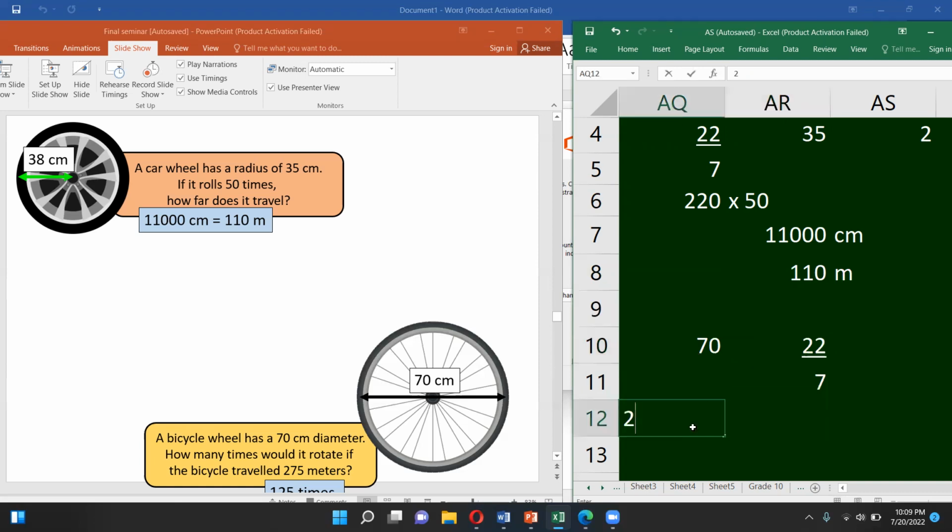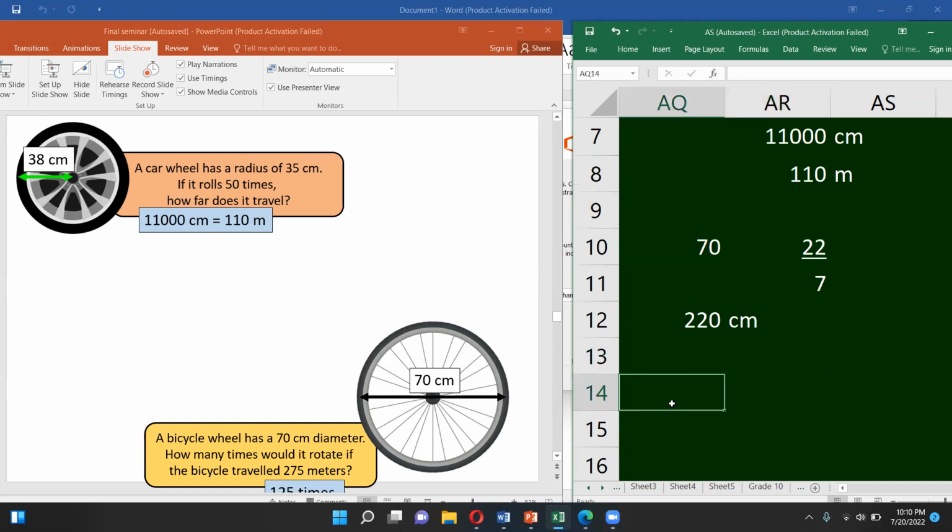The answer is 220 centimeters. In one rotation, it has run 220 centimeters, right? So you need to convert this 275 meters into centimeters. You just multiply with the